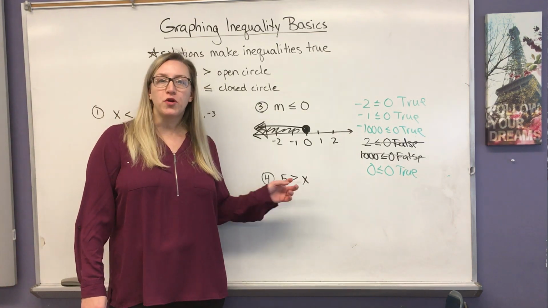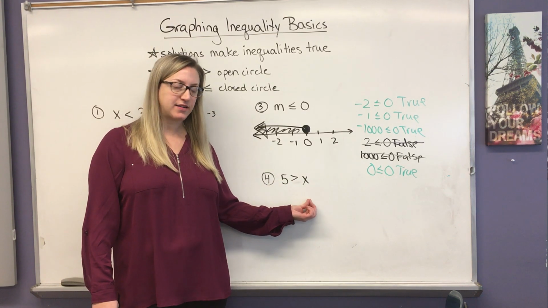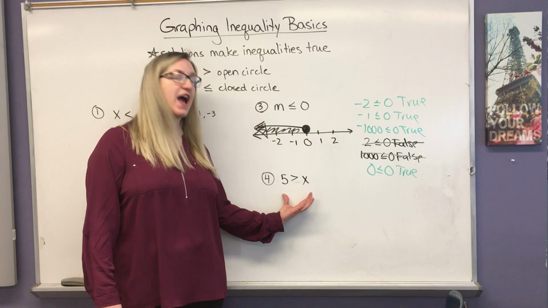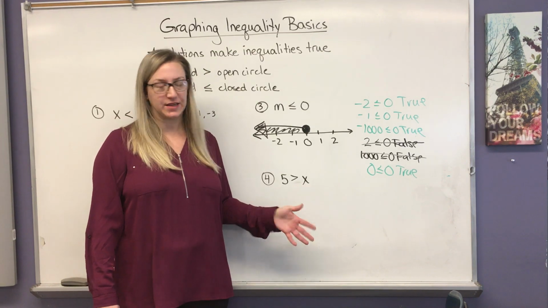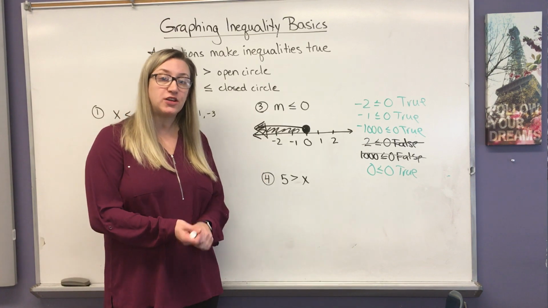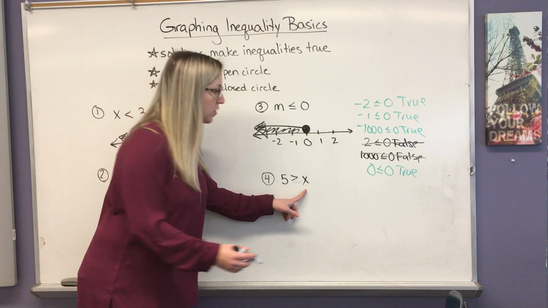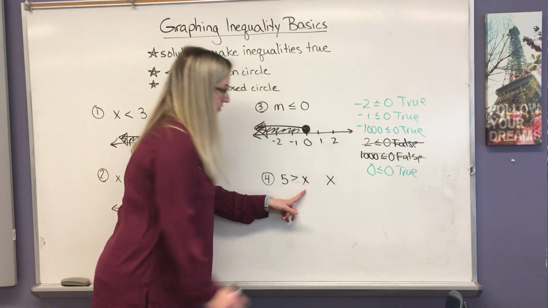Let's take a look at the fourth example. 5 is greater than x. I cannot graph it in this manner easily, so instead I'm going to flip everything around and put it into standard form. So I'm almost reading it backwards. So my x should be first,